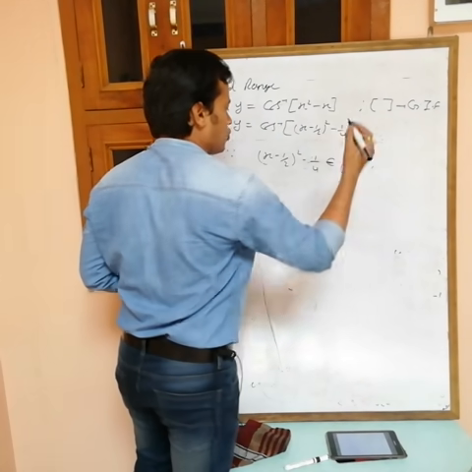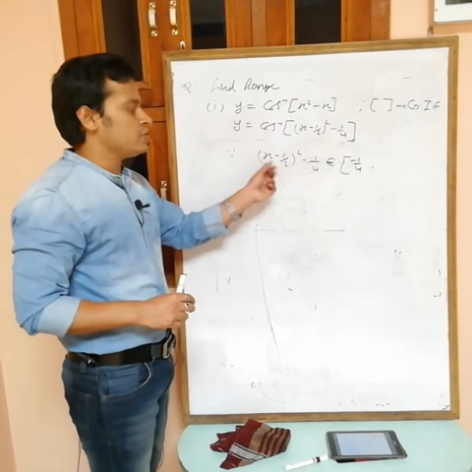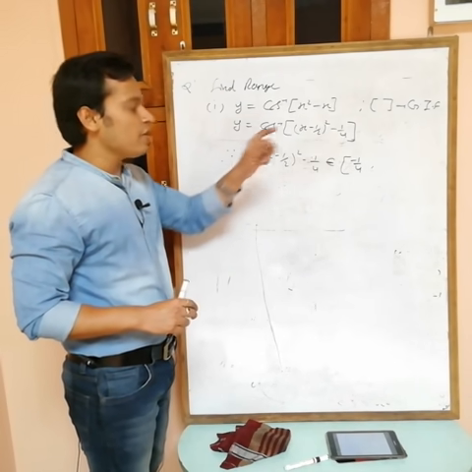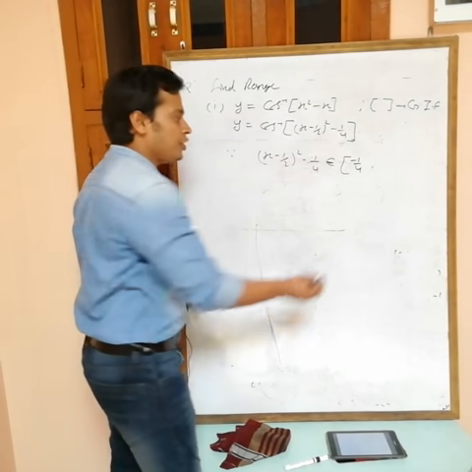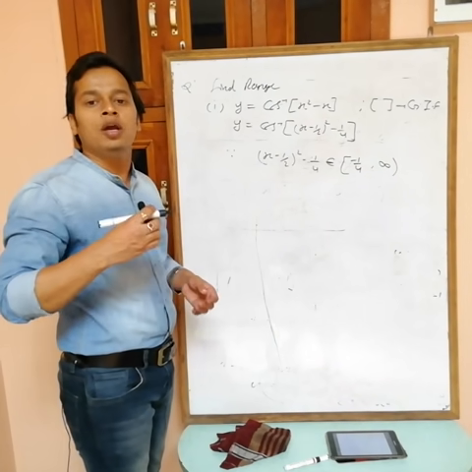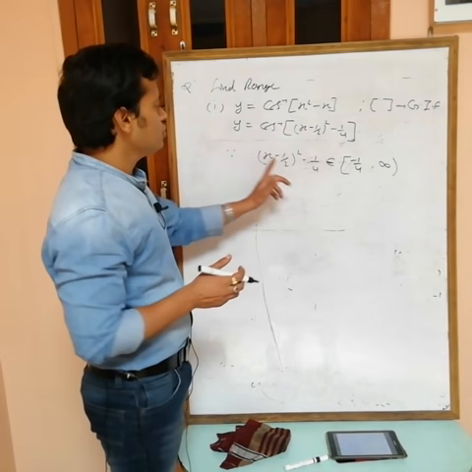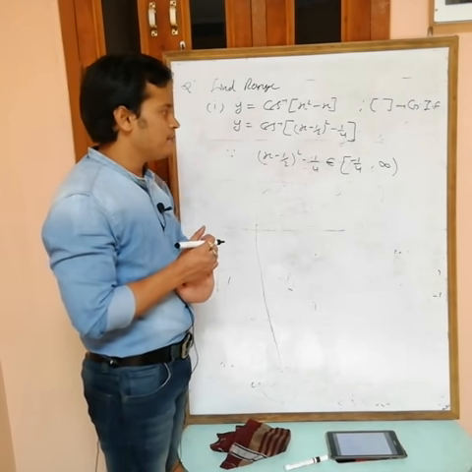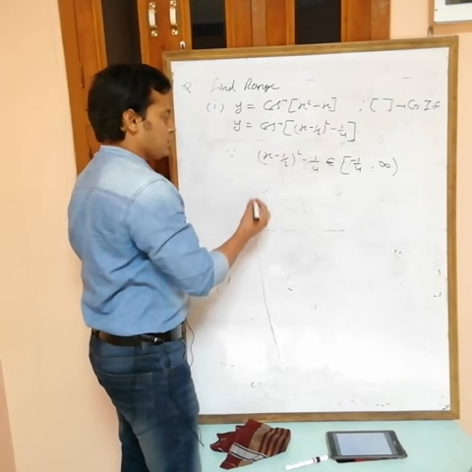Comma. Now what is the maximum value of this one? This will be maximum when the square is maximum, and the maximum value of the square of anything is infinity. Infinity minus 1/4 is again infinity. So the maximum value is infinity, but you can't include infinity anyhow. So this is the range of x square minus x, but you want the value of the greatest integer of this one. So take the greatest integer.